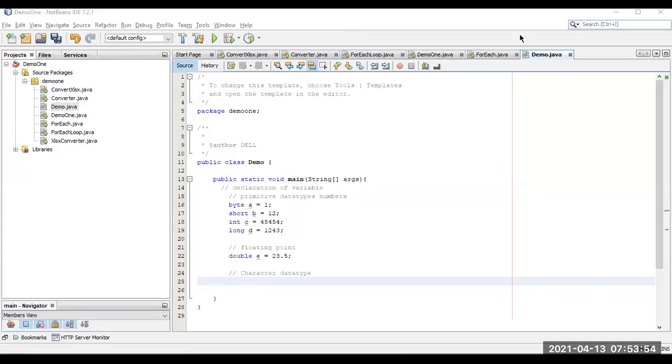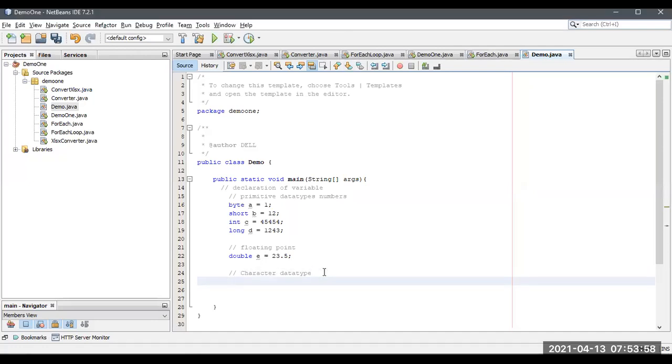Yeah, okay. Now, the character. For this, we have char and some name. E has been declared, and now I'm going to take F is equal to, in a single quote, we have T like this. In this way, we declare the variable for the data type char.